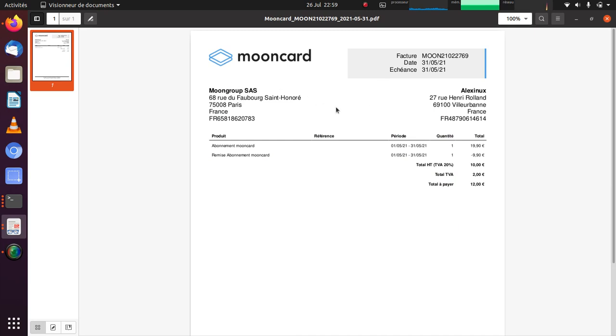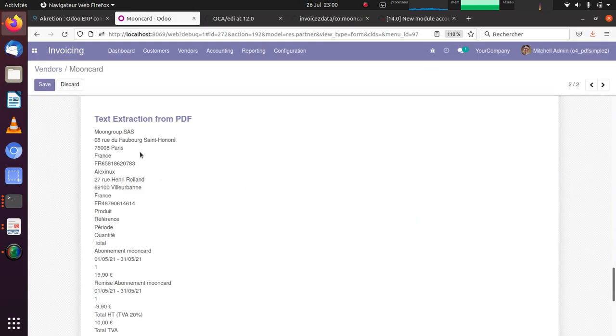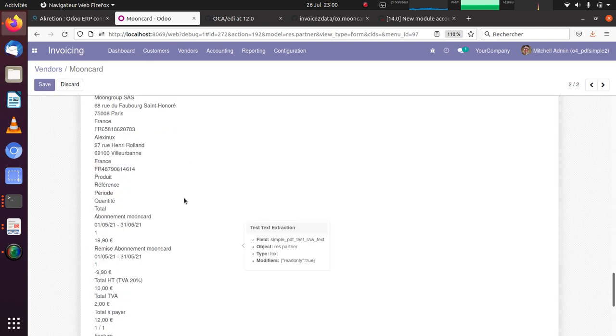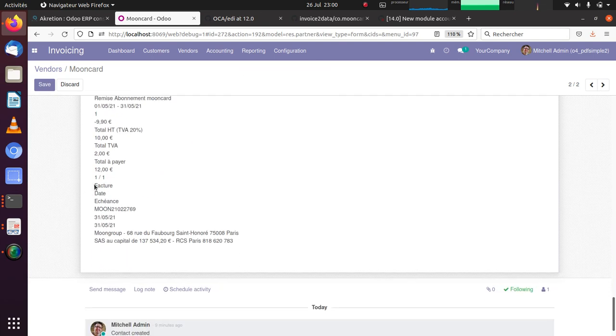Sometimes the order of the raw text extraction is not exactly the same as what you would imagine when you look at the invoice. So here, this block with date, due date, invoice number, when we look at the raw text extraction, we would expect to have it at the top, but in fact, it's at the end. So sometimes you have some surprises, and we'll see.